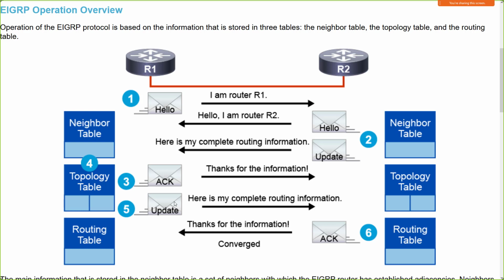Hey, I'm router 1. Hey, router 1, I'm router 2. Great, let's become neighbors. Well, it doesn't say anything about K values having to match, or an autonomous